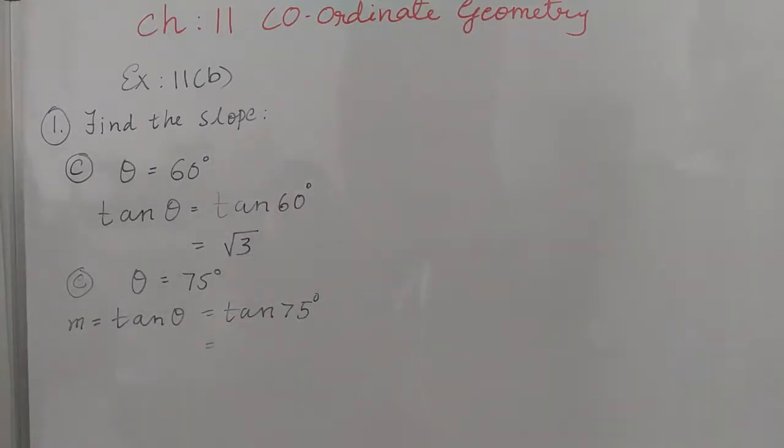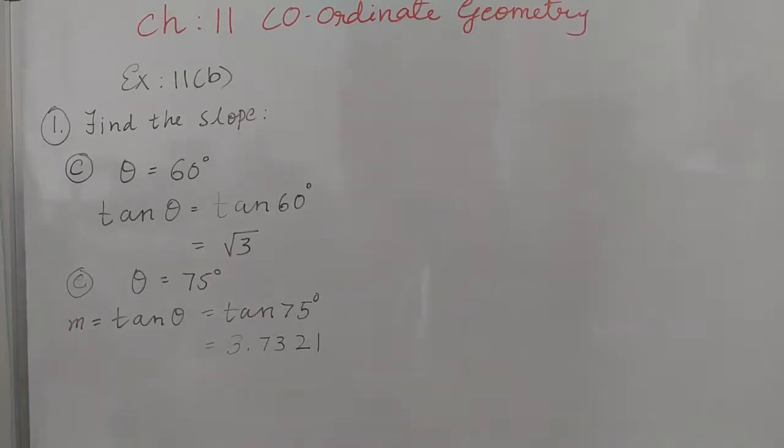So students, on the back of your textbook you are given natural tangent table. You have to go to the table and you have to see 75 degree value. So here it is 3.73205. So you can write 3.7320. So I can write up to 4 digits. So this is our final answer of this question.